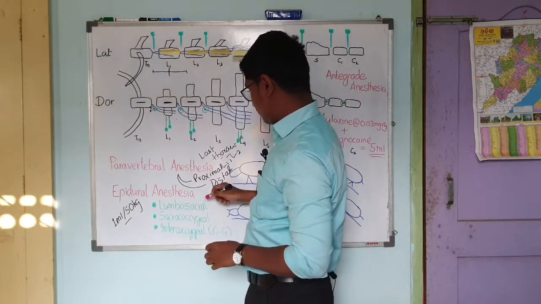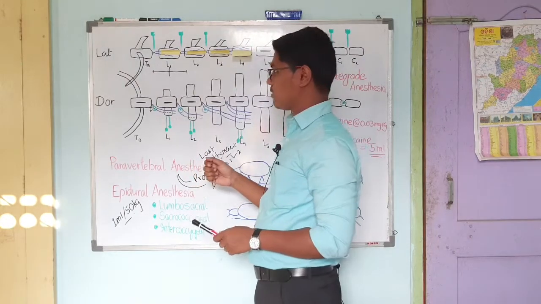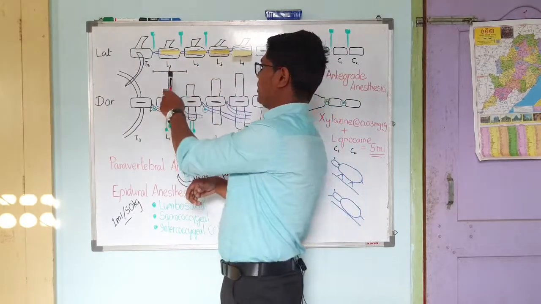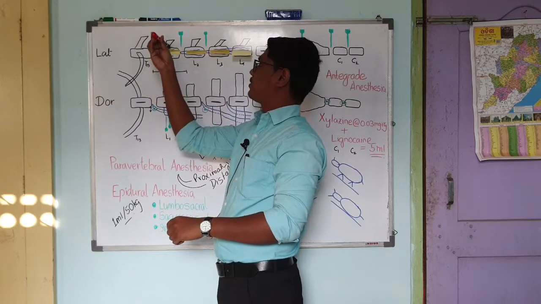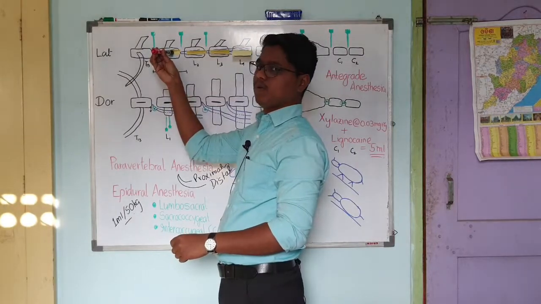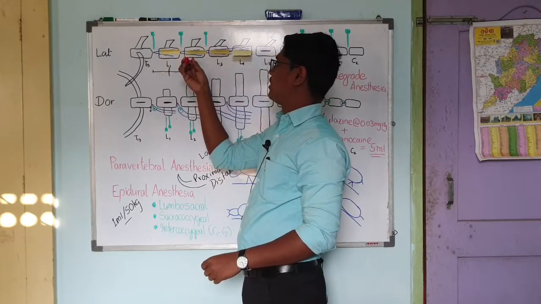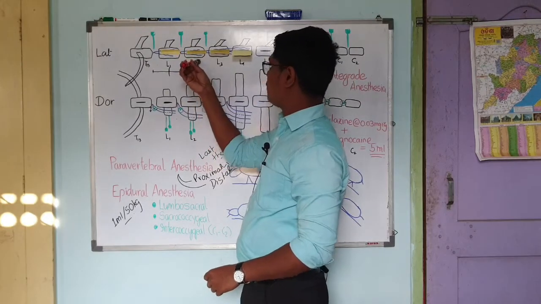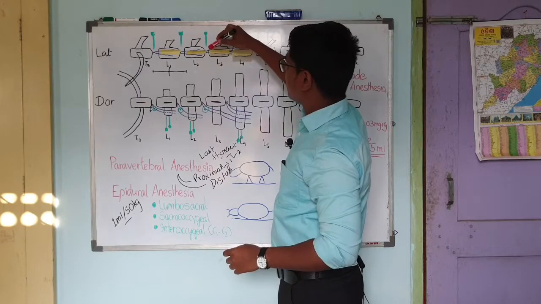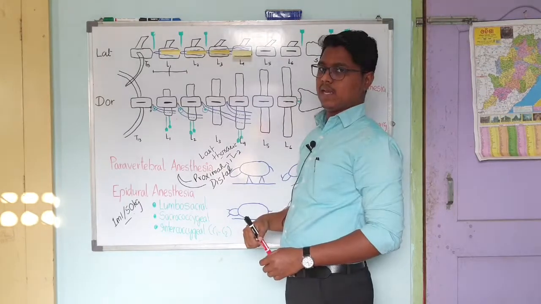Now the distal paravertebral anesthesia. In distal paravertebral anesthesia you have to deposit the lignocaine hydrochloride dorsal and ventral to the horizontal process. For T13, you deposit dorsal to the horizontal process of L1 and ventral to L1. For L1, you deposit on the dorsal side of the wing of L2 and the ventral side. For L2, you have to deposit on L4, because the L2 nerve passes so close to the spine that it becomes slightly accessible over L4. That is why you have to give it at L4.